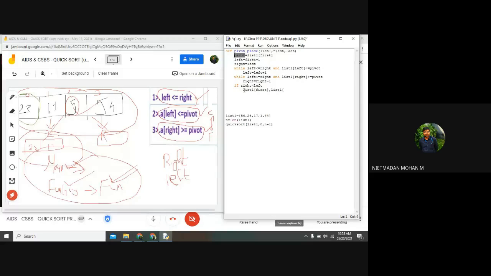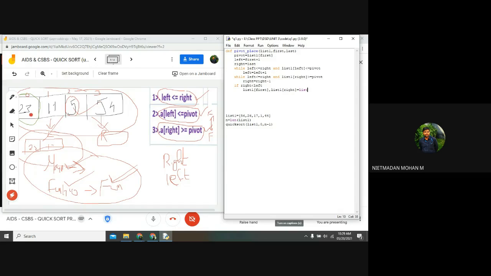So I am not going to write directly here as pivot. Why? Because the pivot is a variable that will not be interchanged. So I am writing list one of first. It means I am going to interchange list one of first and list one of right.